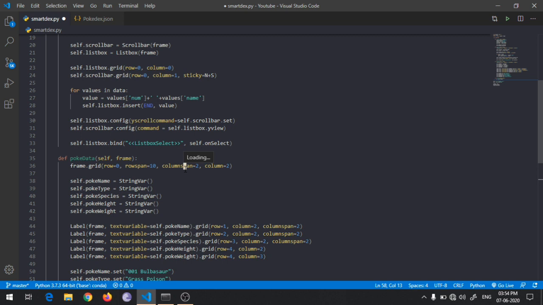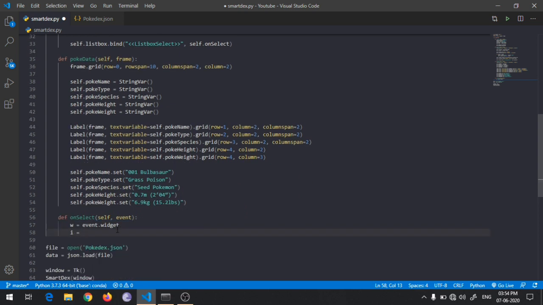So for each element, the index is the same in both Pokédex.json and our list box element. So I will be getting that index: w.curselection. There is a method called curselection. This method will give you which cursor element is selected.